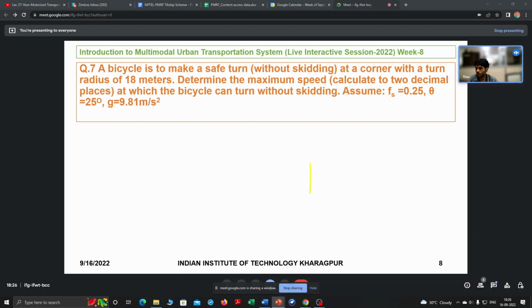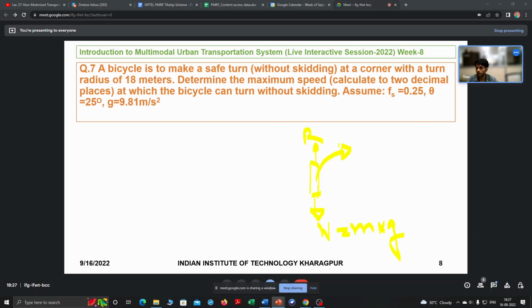So suppose this is a cycle and it wants to turn right like this, right? So now the cycle has its weight as W. W is the self weight. So it is what? Mass into acceleration due to gravity. And suppose we are standing vertical, so there will be a reaction force R. So why there will be a reaction force? Based on Newton's principle, right? Every action will have an equal and opposite reaction. So if you have this weight here, you have an equal and opposite reaction on the opposite side,